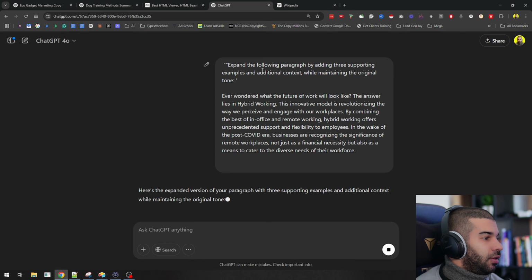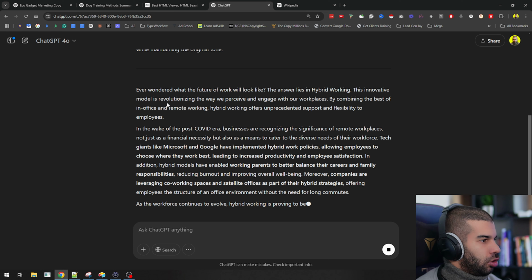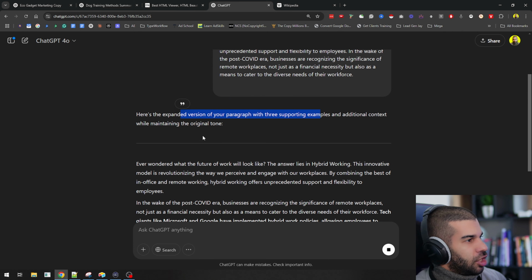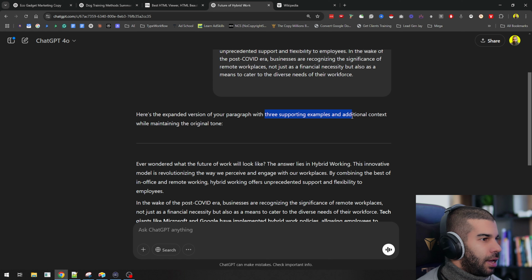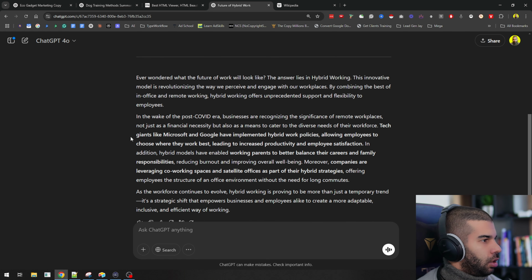And this is ideal if you have, for example, an SEO-like case study or use case where you're trying to take what your competitors are doing and you expand it by adding additional information from ChatGPT's knowledge base. So here it gave me an expanded version of the paragraph with an additional 3 supporting examples. So let's see here. Tech giants like Microsoft and Google have implemented hybrid work policies, allowing employees to choose where